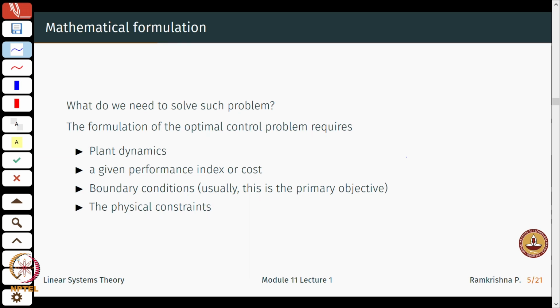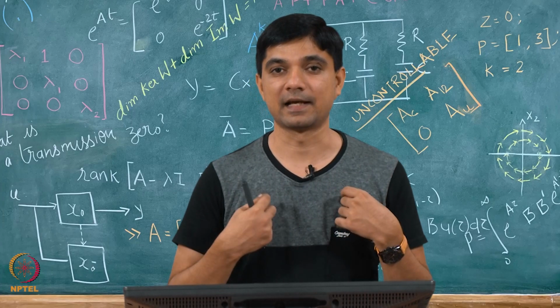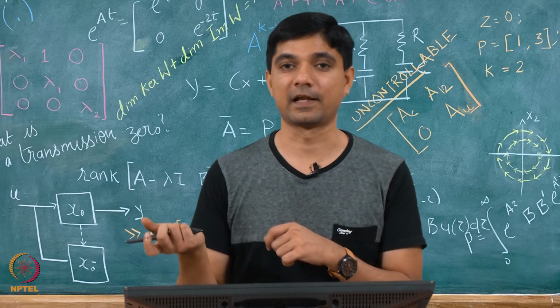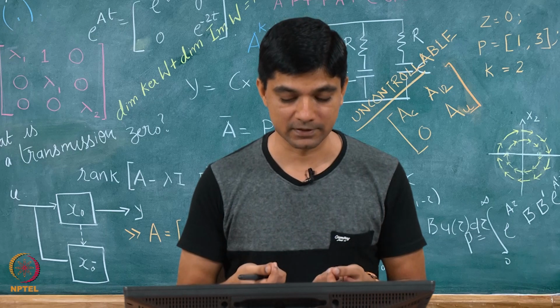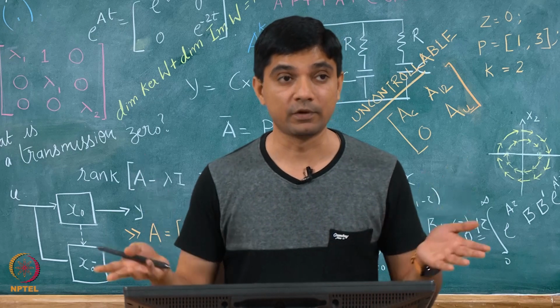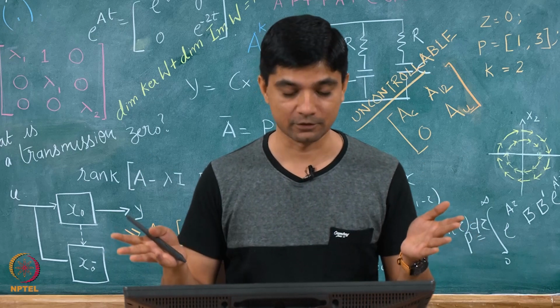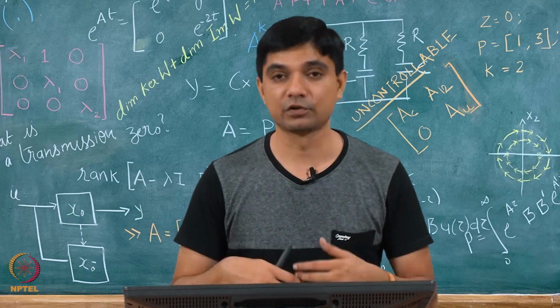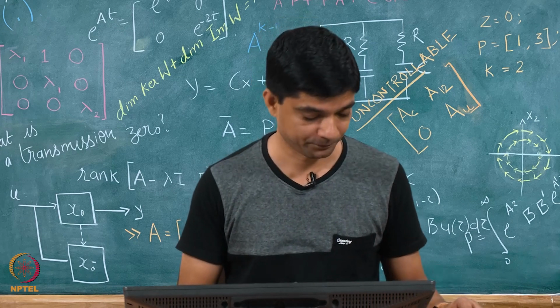I need some few information. First is I should know the plant dynamics as closely as possible. I need to know what is my performance specification. For example, my performance specification as a teacher should be on my teaching abilities, but not my football skills or lack of that, right. So, given a performance specification, boundary conditions, right, what are my limitations of what can be worked out, what cannot be worked out, right, and then of course physical constraints of the system, right.